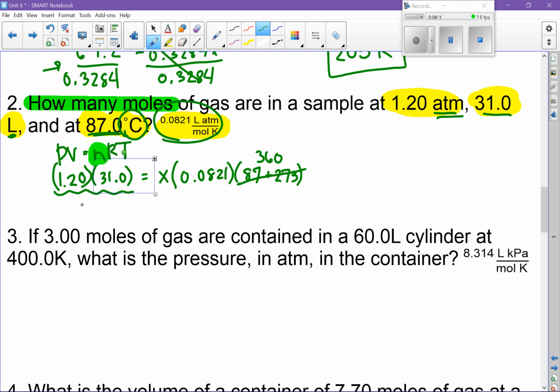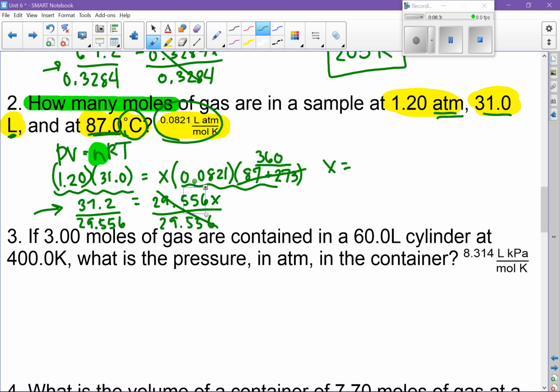Multiply these numbers together and I get 37.2. And I multiply these numbers together with the 360 and I get 29.556 and X. Now we're going to solve for X. Divide by the thing that's touching the X. That cancels. X equals, put this into your calculator. So I get